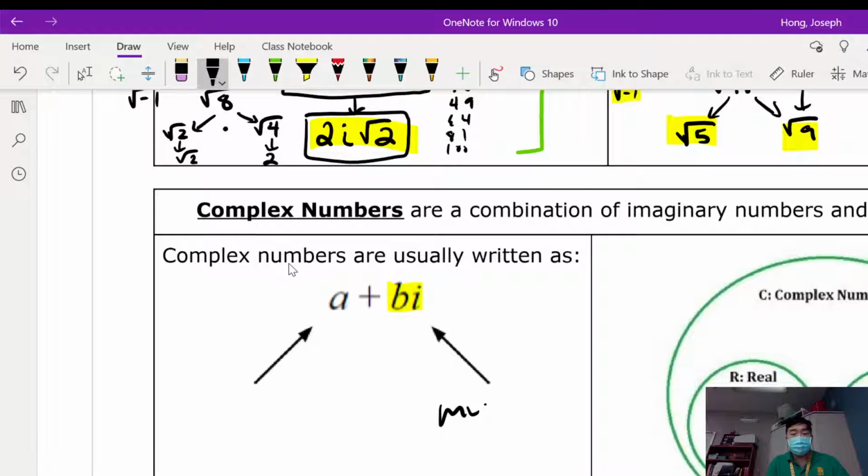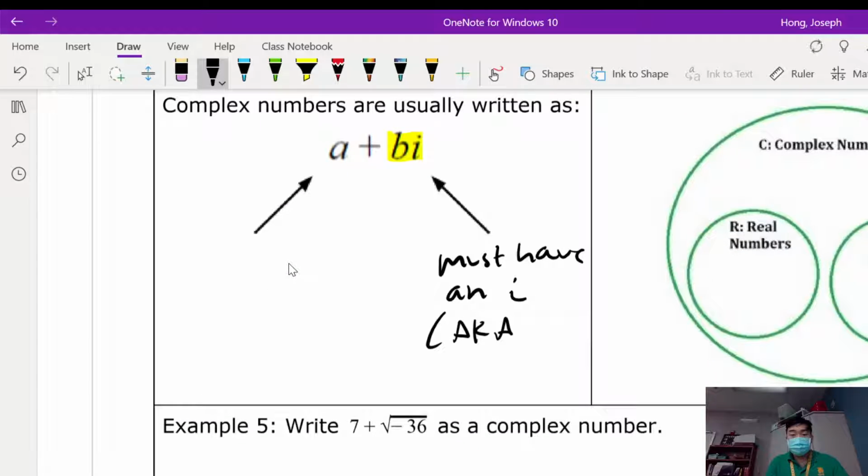So this part must have an i, also known as imaginary. And this part is real, as in this is a regular whole number